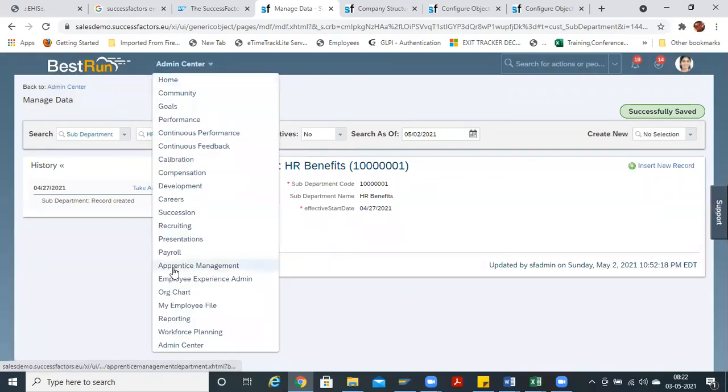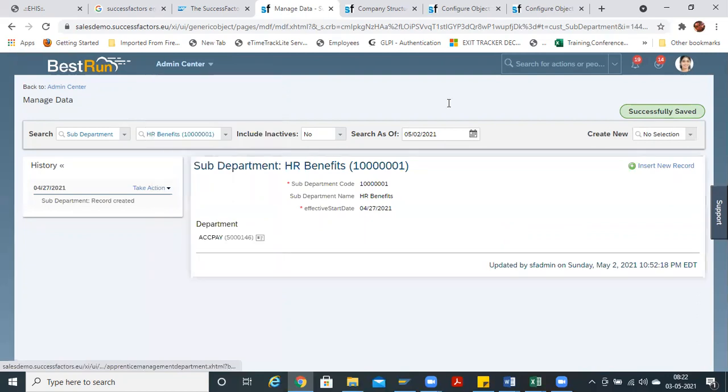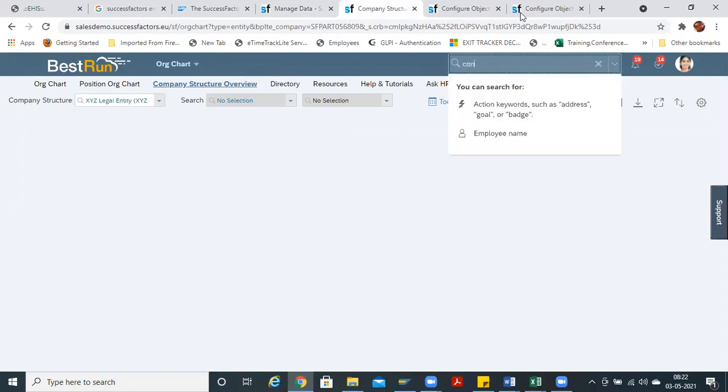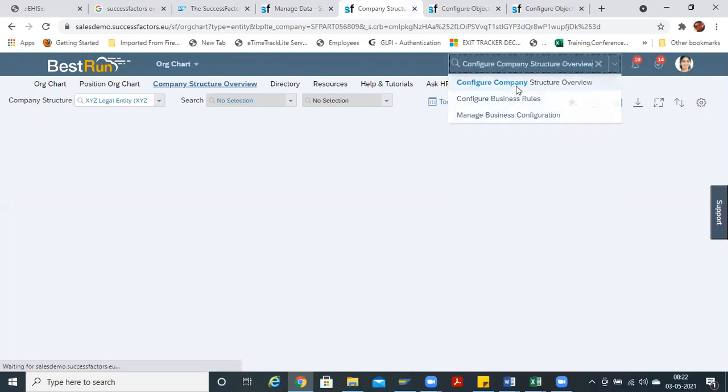And if I want to view the org chart as well, here this is configure company structure overview. You can just go to configure company structure overview.